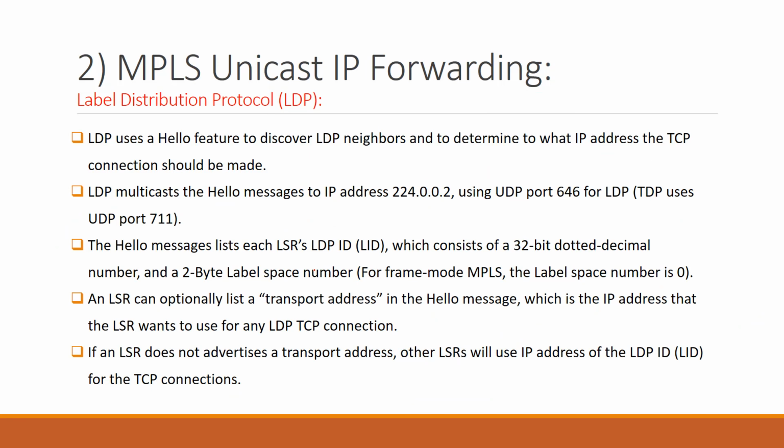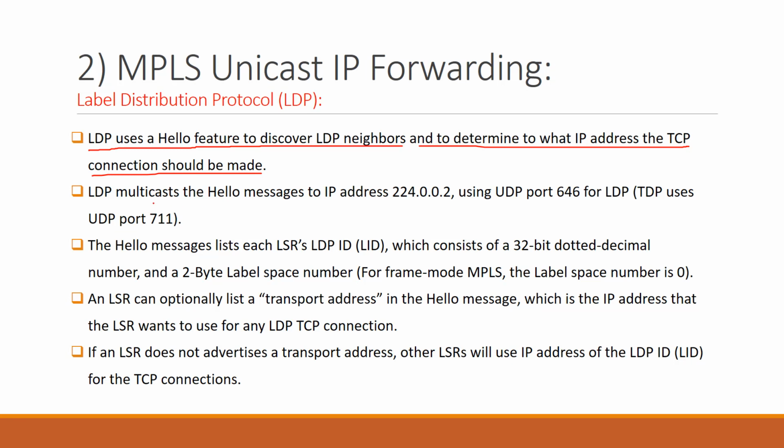Then let's discuss something related to LDP. How LDP works. First of all, label distribution protocol uses a hello feature or hello messages to discover LDP neighbors and to determine to what IP address the TCP connection should be made. Actually, there are two types of connections. Connection for initializing or establishing the neighborship through the hello messages, and there are updates once the neighborship is accomplished